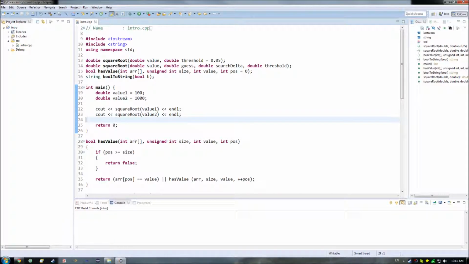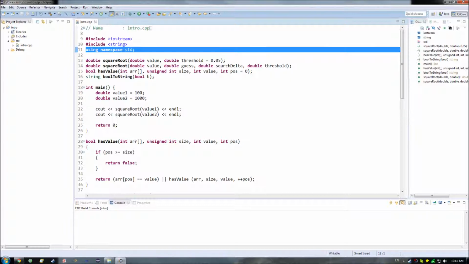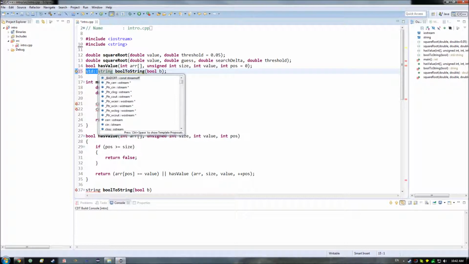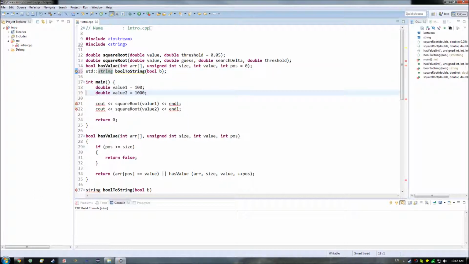In today's episode, we are going to take a look at namespaces and splitting your program into multiple files. We've already encountered namespaces a little bit in terms of using namespace std, which, as a reminder for why we included that here, is so that we don't have to use what are known as qualified names in front of each of these locations here,